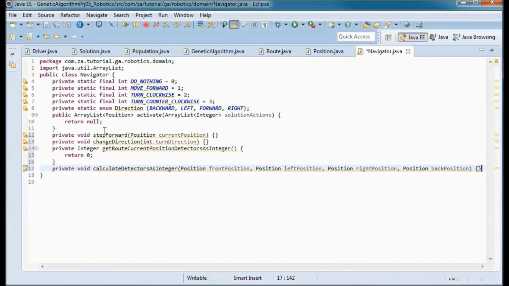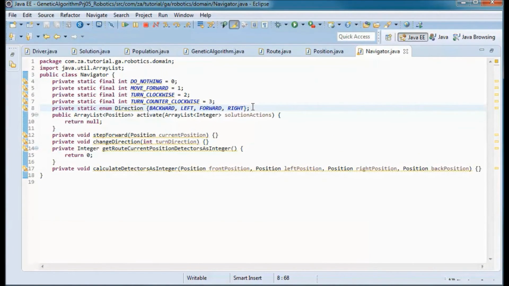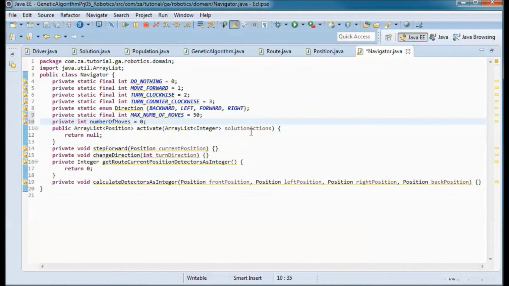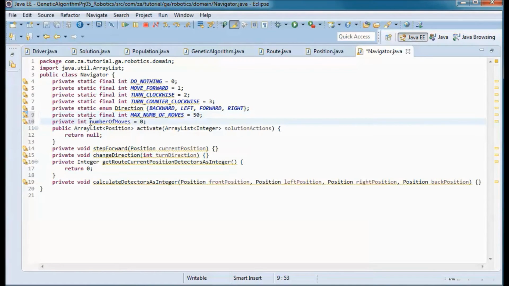So let's define the max number of moves that this robot can take, and let's say it's 50, and this counter keeps track of the number of moves that the robot have already taken.